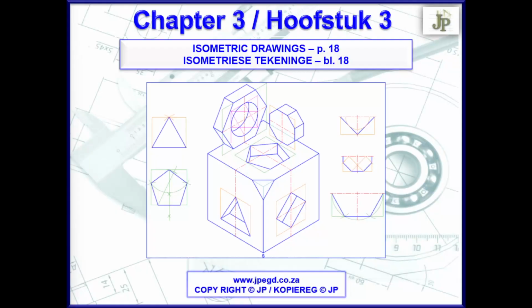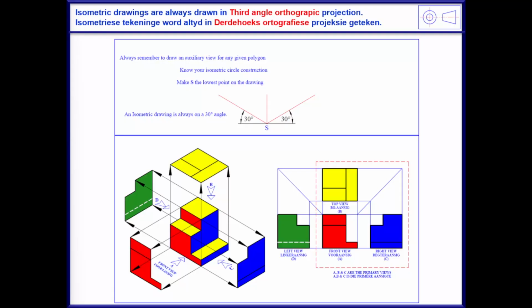During this presentation, we will take an in-depth look at the isometric drawing on page 18, uncovering key concepts that will help you understand how to approach an isometric drawing. On the front page of the PowerPoint presentation, which is available on the JPEGD website, there is a visual tool to help you understand how the specific drawing will be drawn. The 3D PDF Rotate is an excellent visual tool to help you understand in depth how this drawing should look like. There are certain key concepts that will be applied to all isometric drawings.